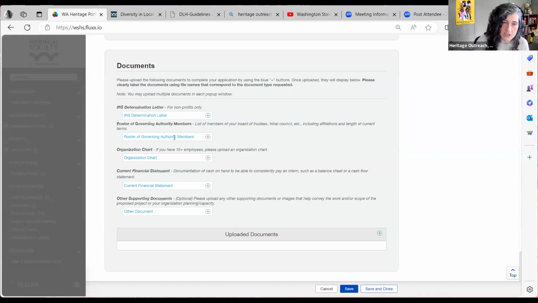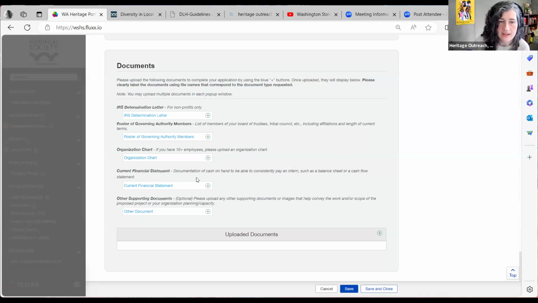Then an organizational chart. And I would say here the caveat is if you have 10 or more employees. Certainly there are organizations that have one employee or no employees and are all volunteer. So don't worry about that. But this is something that really is important if you have one to share with us.